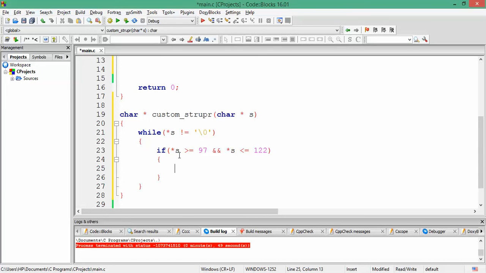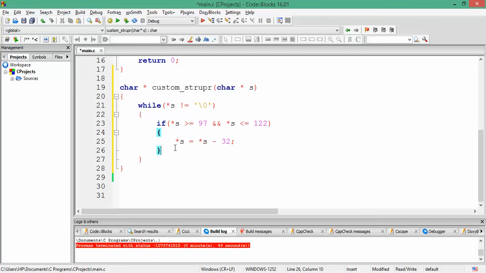So if the value pointed by s satisfies this condition, that means it is a small case letter, and now we'll have to convert it to its capital case version. For that, we are going to deduct 32 from its value. So what is this statement doing?